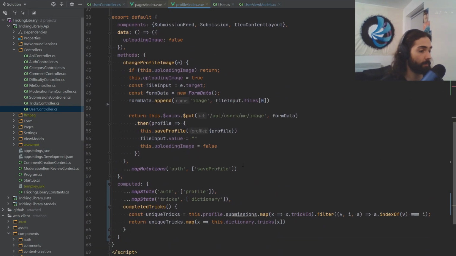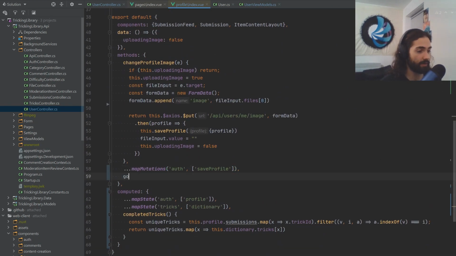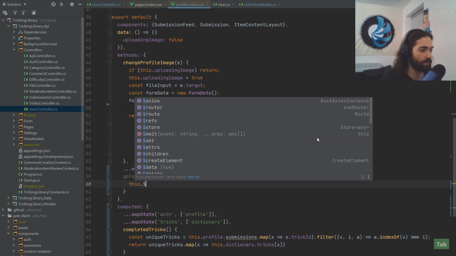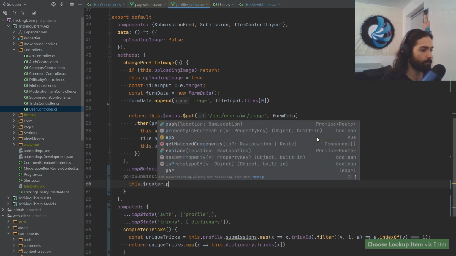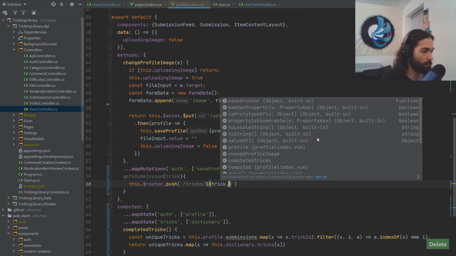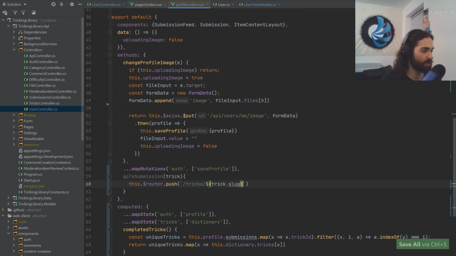In the methods, what we're going to say is go to submission. We're gonna supply a trick here, and in here, let's say this router push, and we're gonna provide the location. So we're gonna go to tricks. Let's do a little bit of string interpolation here, or string formatting, whatever it's called. We go to the slug,